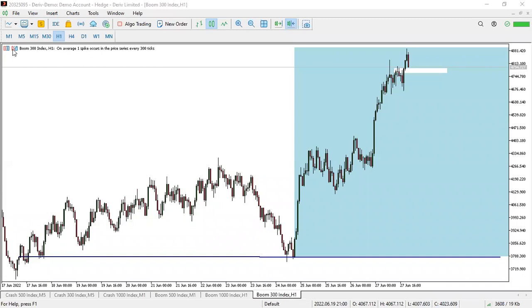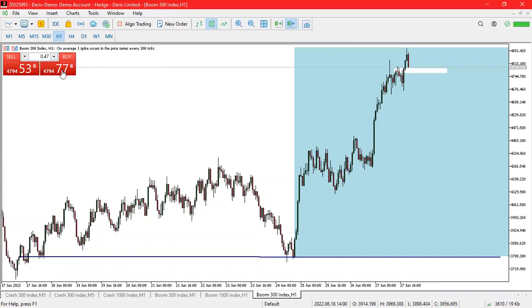So if you can check this, remember we're using a daily and hourly time frame on Boom 300. Every pair or asset that we're trading goes with its time frame. You understand? So you don't have to panic. The higher the time frame you use, the longer you hold trades, and the more patience you have to build.